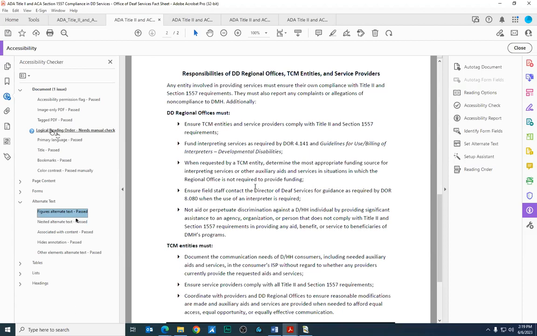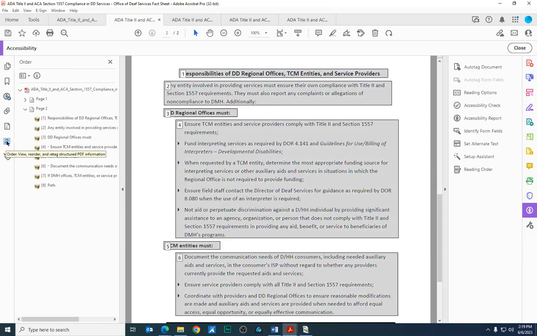Now, the remaining issue that the accessibility checker identifies is that logical reading order needs a manual check. So to check on logical reading order, I'm going to move to the left bar here where we have this series of icons coming down, and there's one that looks like a Z over 4 squares. This is the order pane. So I'm going to click on the order pane,